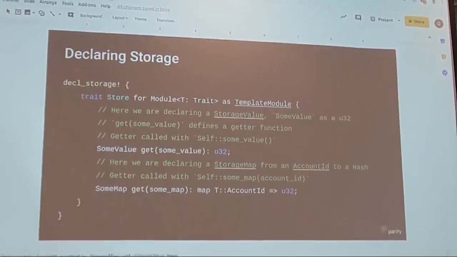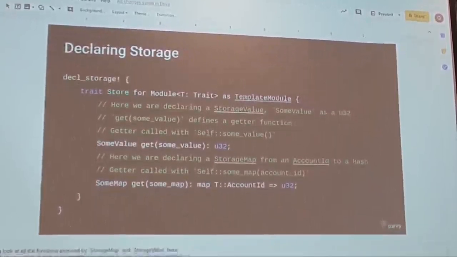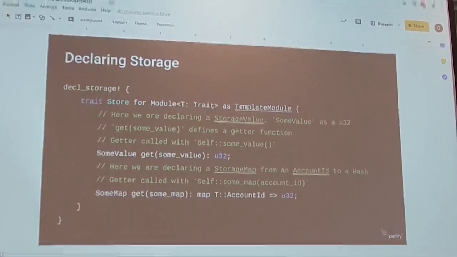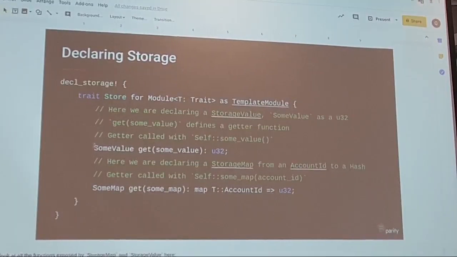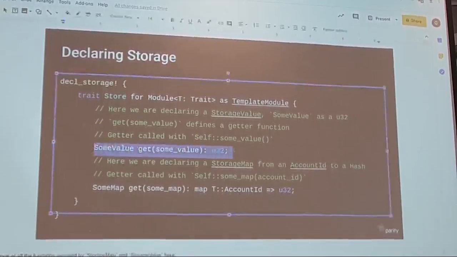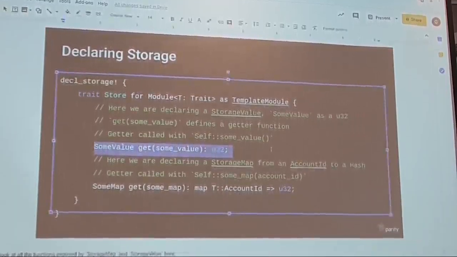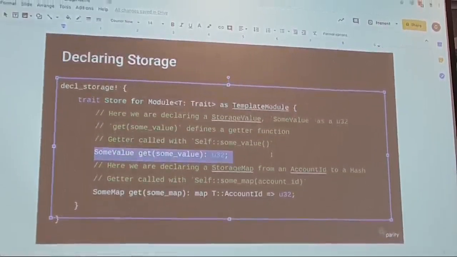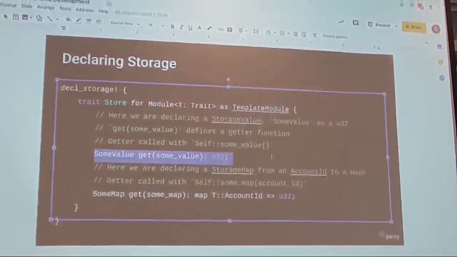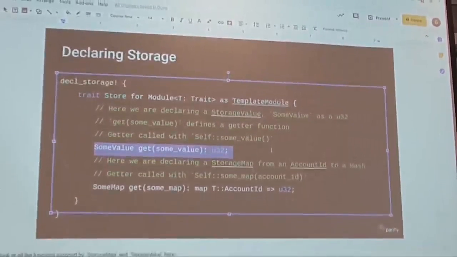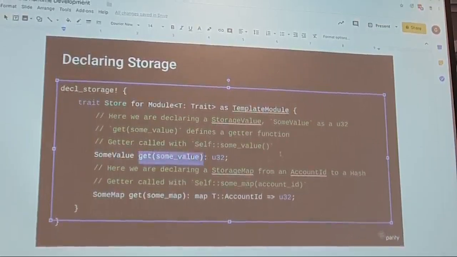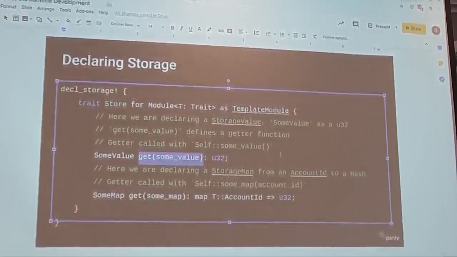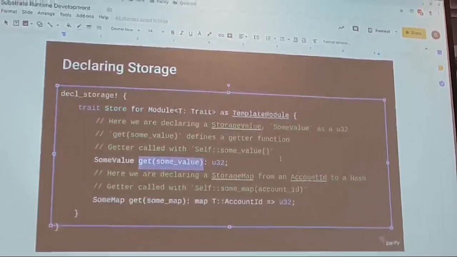We spoke about the declare storage macro two slides before, and now this is how it looks. Basically, we declare some of the storage values like this. For example, this is a simple storage value where we are saying that it is a U32, an unsigned 32-bit integer value, and we have defined a default getter as well here, which is simply going to get us the value of this particular field at runtime. So this is how the macros also help us, because